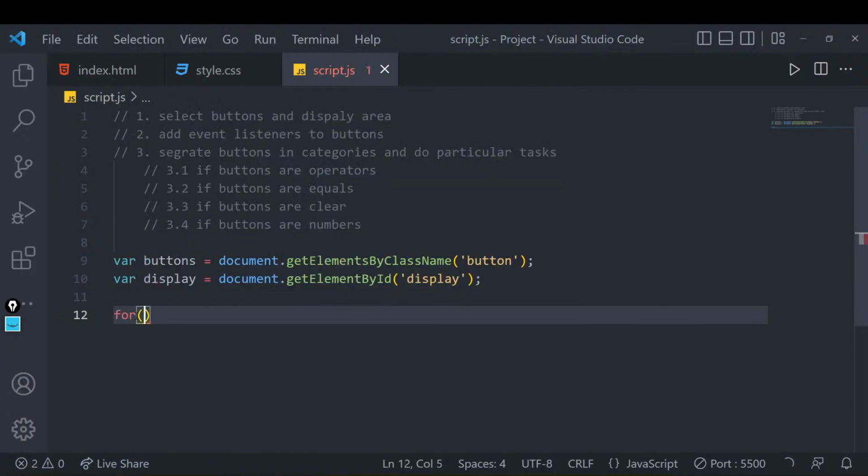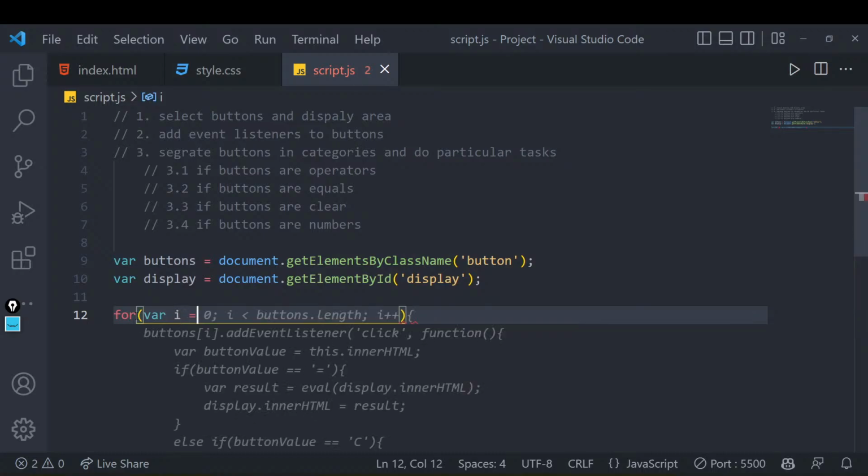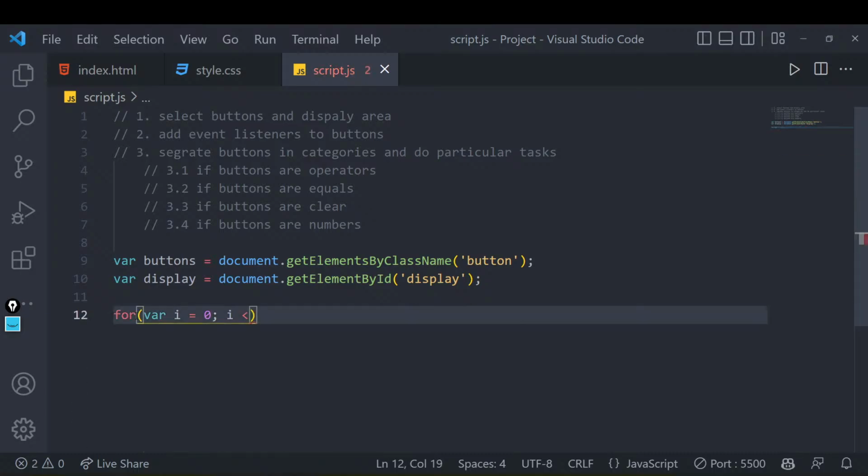Run a loop. We have also covered that, right? About loops, how do we run that? We'll say maybe i equals 0. Start from 0 and go till buttons.length, right? Why are we going to buttons.length? Buttons.length is a property, guys, right? What will it do? Since buttons is an array for us, it will return the total length of this array, and we will start from the 0th index and go till the last element that we have in that, and we'll iterate with i plus plus.